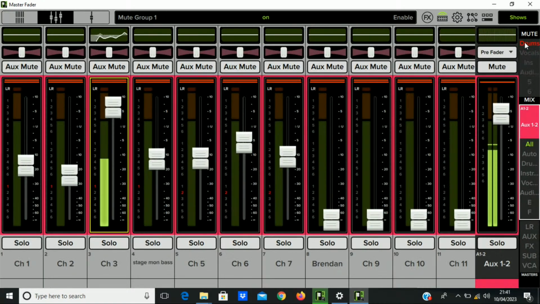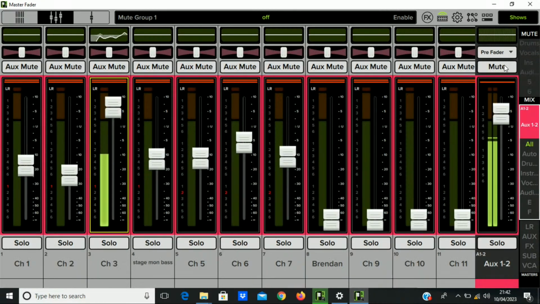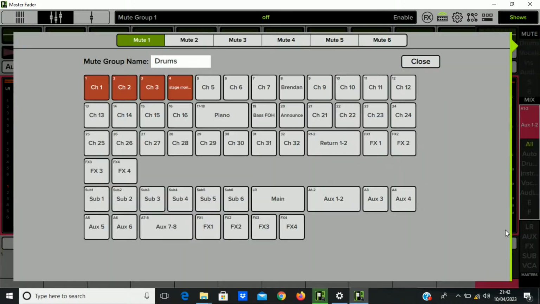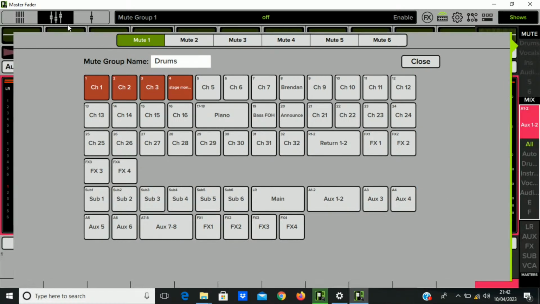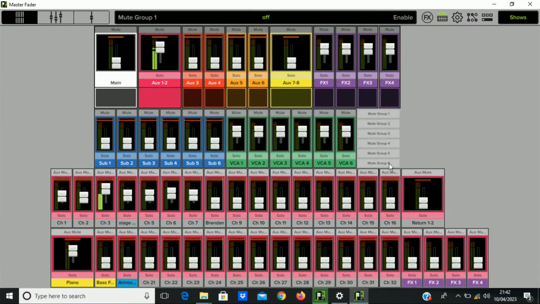Let's come back in here, turn that off, and we'll see that in the overview, mute group 1 is no longer activated. What's on mute group 1 anyway? Oh, okay. So channels 1 to 4. Okay, that's fine. But yeah, so you have a lot of information available to you just from this screen alone,